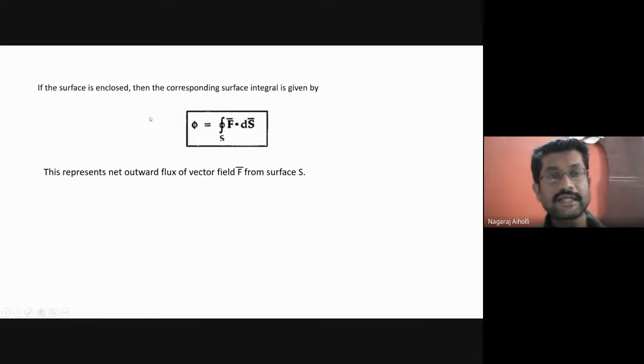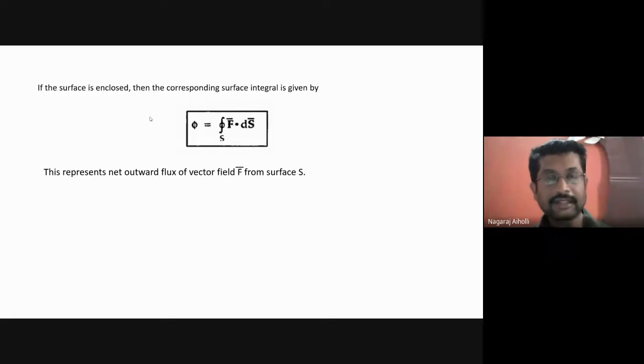Suppose the surface is enclosed, that is, we have a closed surface. You can take the example of a cricket rubber ball. If you cut it, what will happen? It is not a closed surface, is it? If I cut a rubber ball or a tennis ball, it is no longer enclosed. There is some hollow volume there. Now, if I consider the rubber ball or tennis ball as a whole, that is the surface enclosing. It is enclosing certain charges.